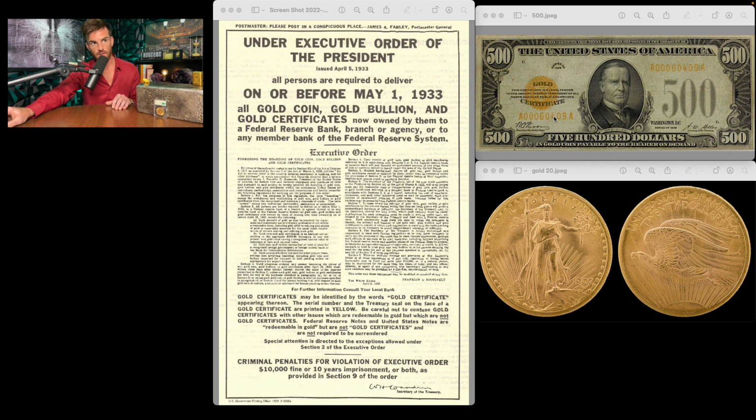So this is an old gold certificate. That's actually a real note. Our money used to look like that. It used to be redeemable for gold. Notice how none of the dollar bills now have any seal like that for a gold certificate or a silver certificate. This is what this coin is right here, just to show you a blown up picture. This is a St. Gaudens $20 gold coin. If you look right here, it says United States of America, $20. And this was in 1907. So if you hear the term pre-33, that's back when our money used to be gold. So that's a pre-33 gold coin. Some people don't know that. Now you do.